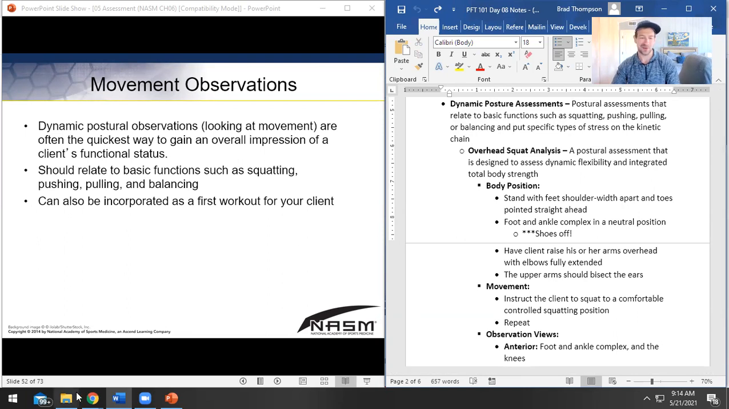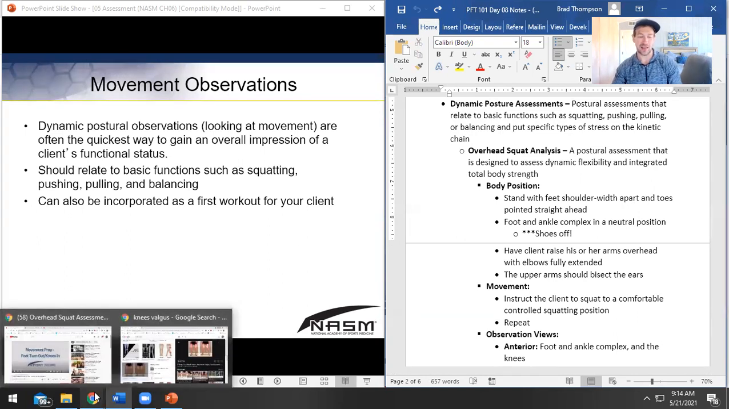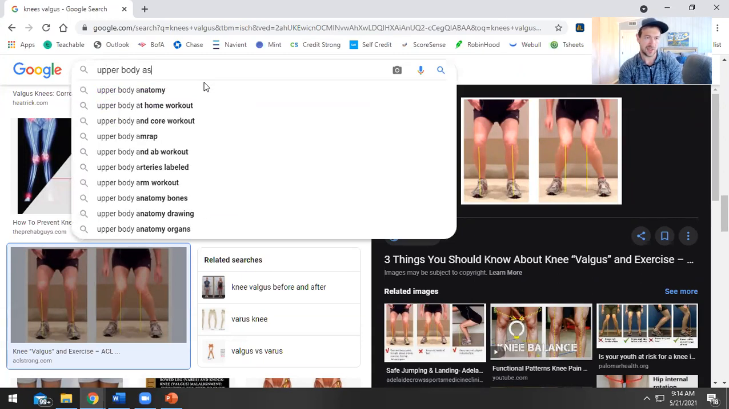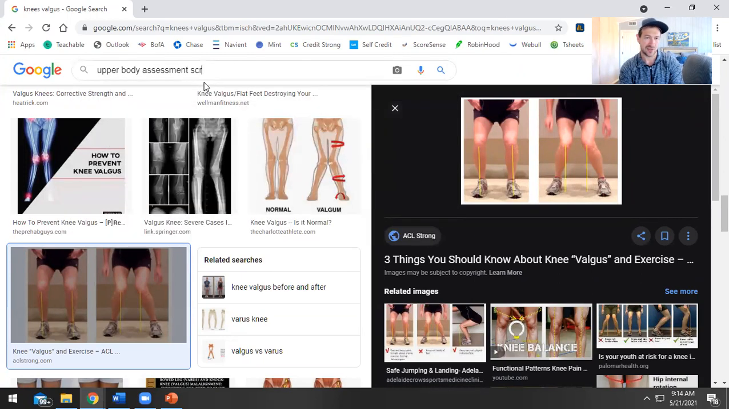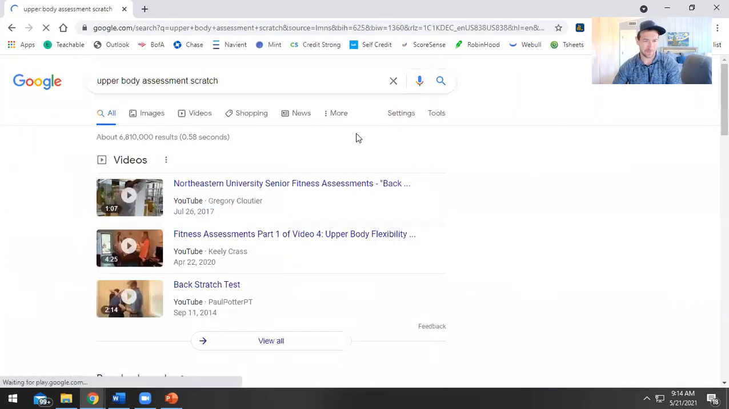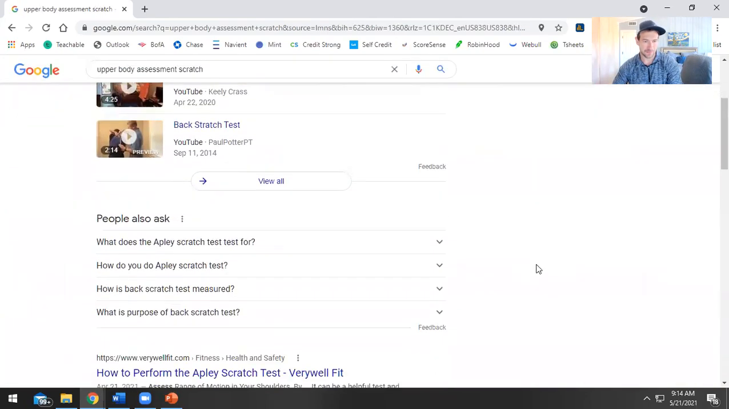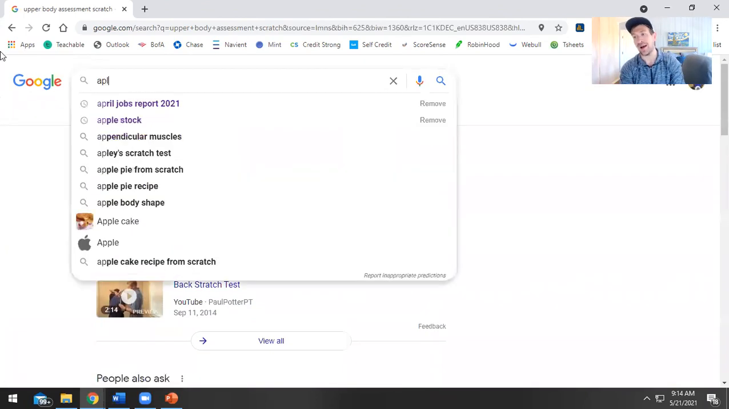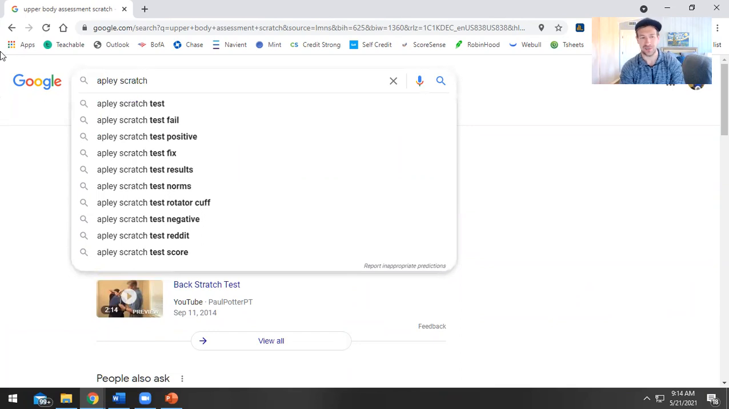There's another assessment that we don't teach you guys that I think Mo likes to go over as a bonus. What's it called? Upper body assessment, scratch. What's it called? Apley's scratch. So there's an assessment called the Apley's scratch assessment,